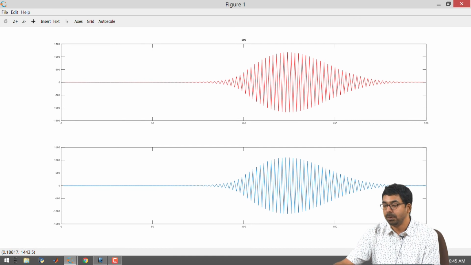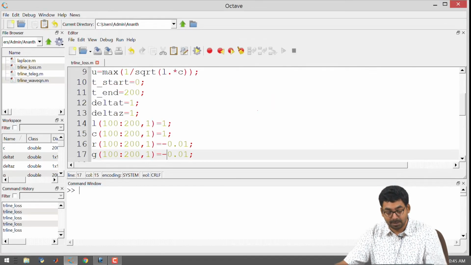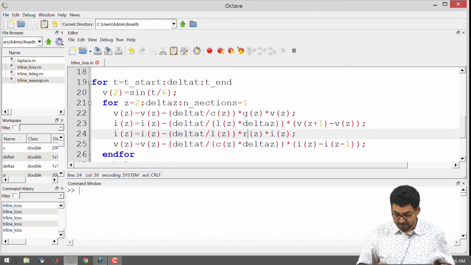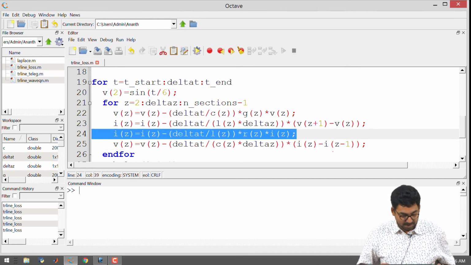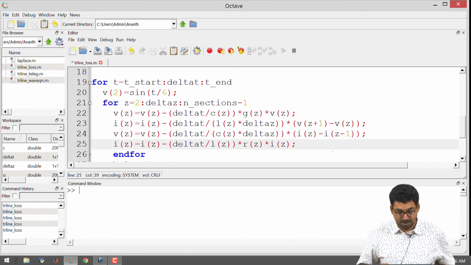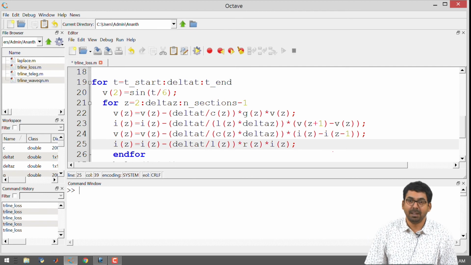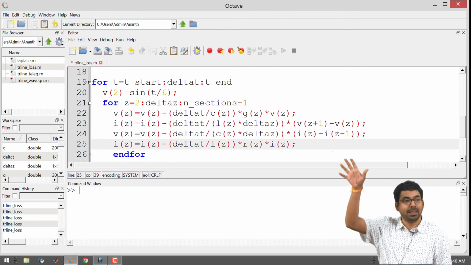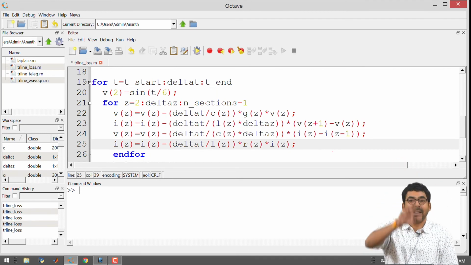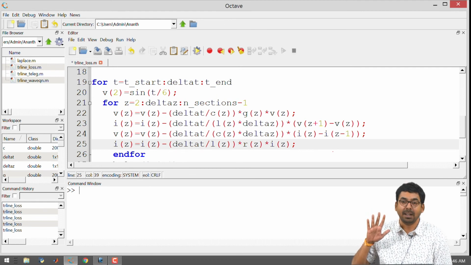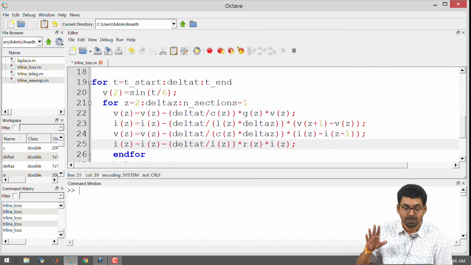Okay. So, the medicine for this is: take the current update and do it after the voltage. Okay. Seems like we are doing things in a very arbitrary manner. We are just moving one thing from here, one thing from there, and then we are trying to see if the simulation works, that is when I will stop. For now that is okay.